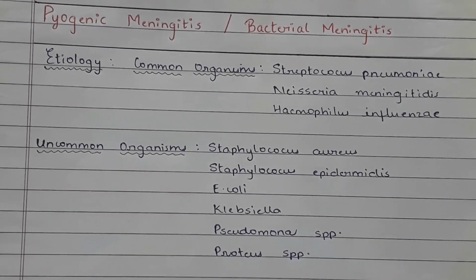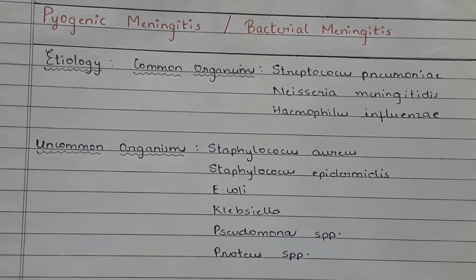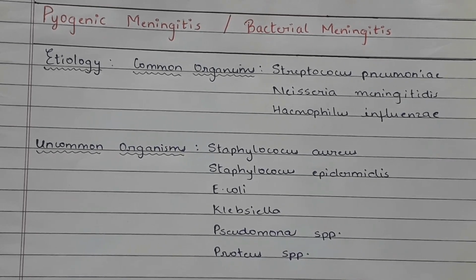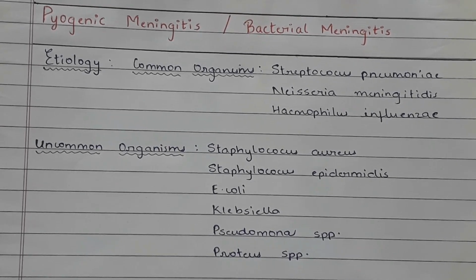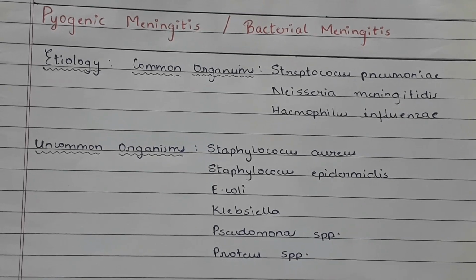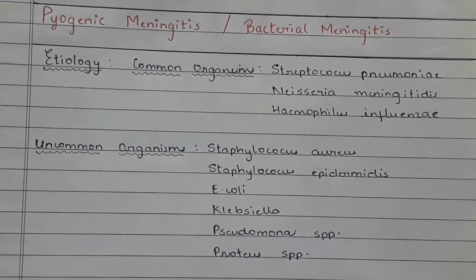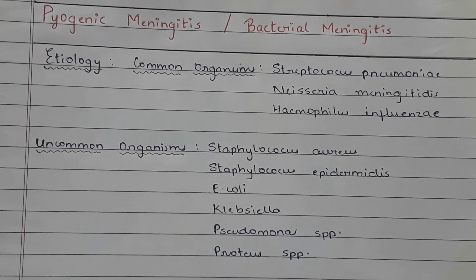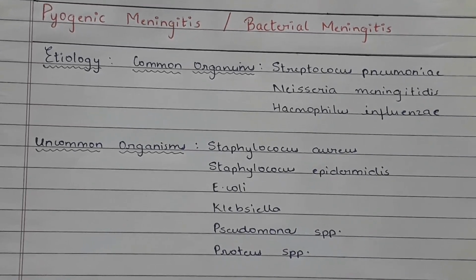Pyogenic meningitis, also called bacterial meningitis. Etiology: the common organisms are Streptococcus pneumoniae, Neisseria meningitidis, and Haemophilus influenzae. The uncommon organisms include